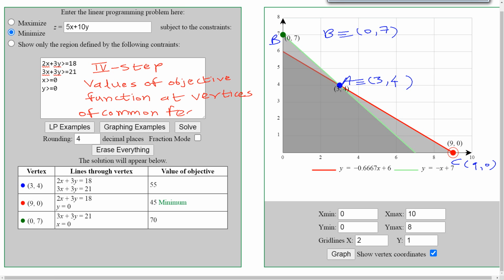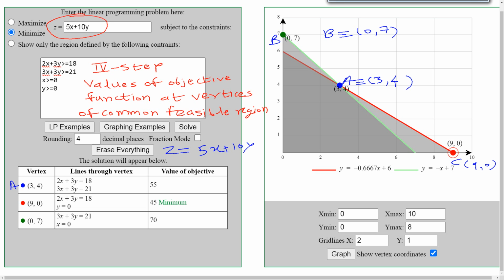So for the common feasible region we have determined, recall what the objective function is. It is z is equal to 5x plus 10y. So the objective function is 5x plus 10y, and at the three vertices